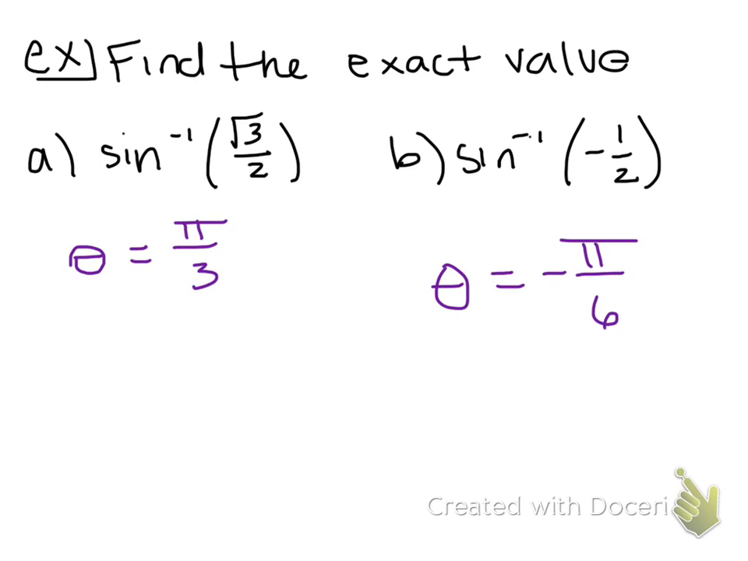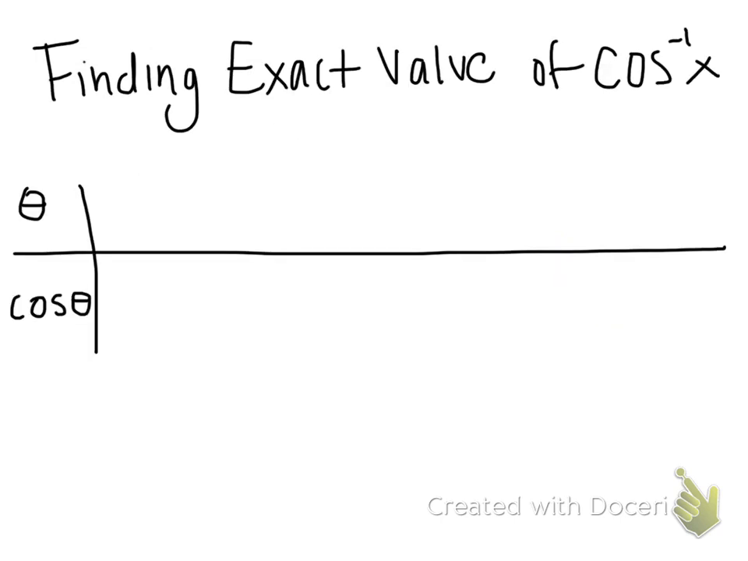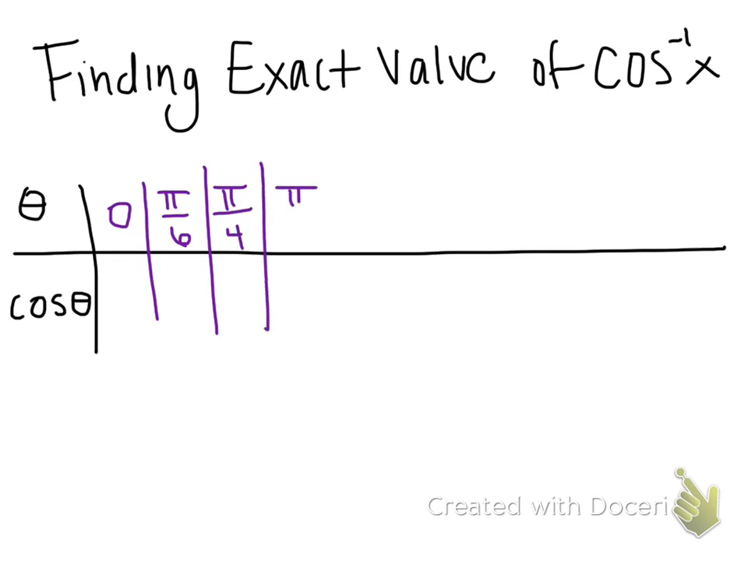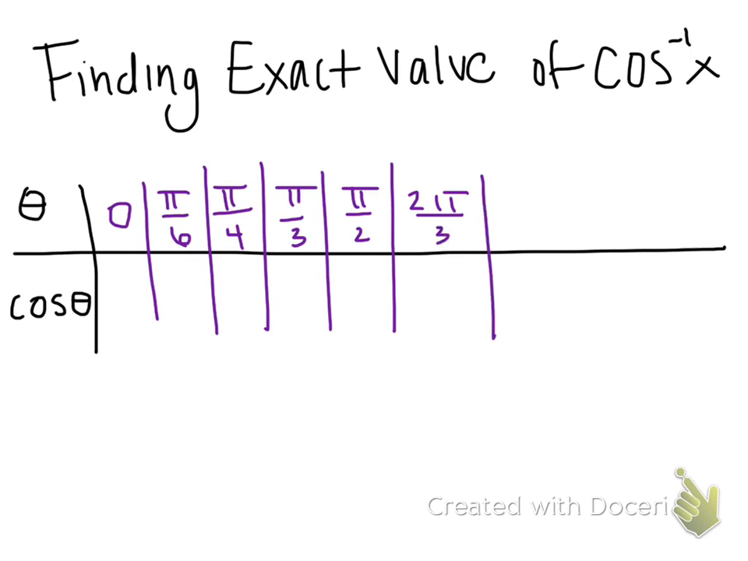Now we're going to make a similar table, but now we're going to use cosine. There is a slight difference for cosine. Sine goes from negative pi over 2 to positive pi over 2. Cosine goes from 0 to pi. So we're going to start with 0, pi over 6, pi over 4, pi over 3, pi over 2, 2 pi over 3, 3 pi over 4, 5 pi over 6,